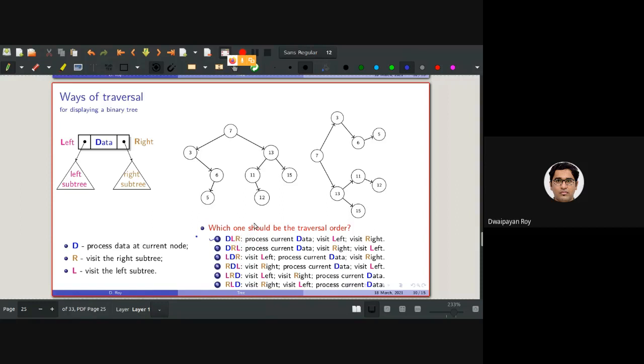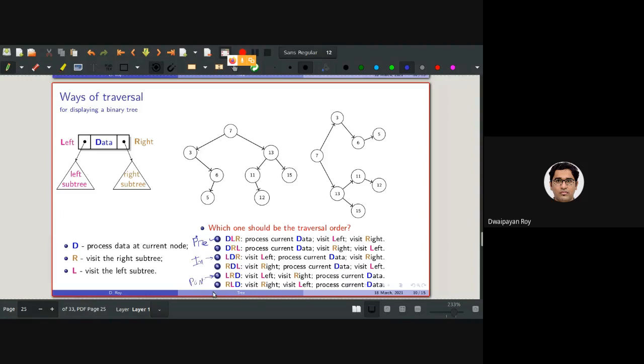Which traversal is root left right? It's preorder. We have also discussed another variant where we traverse root right left. Here, left root right is basically in order. And left right root is basically post order, isn't it?